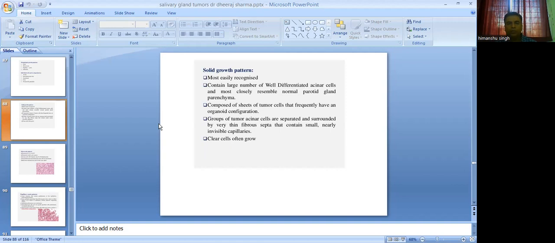It is composed of sheets of tumor cells that frequently have an organoid configuration. It is a group of tumor acinar cells which are separated and surrounded by very thin fibrous septa that contain small, nearly invisible capillaries. The clear cells are often